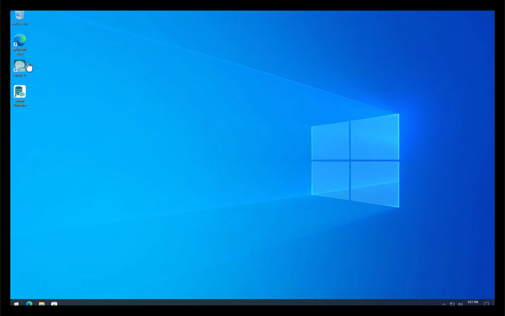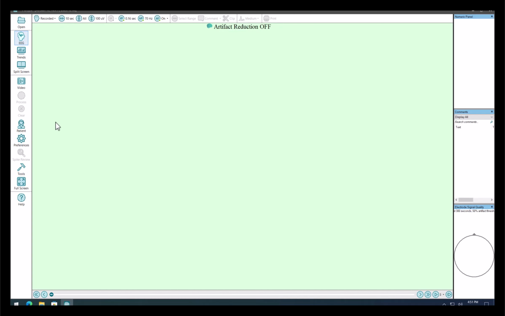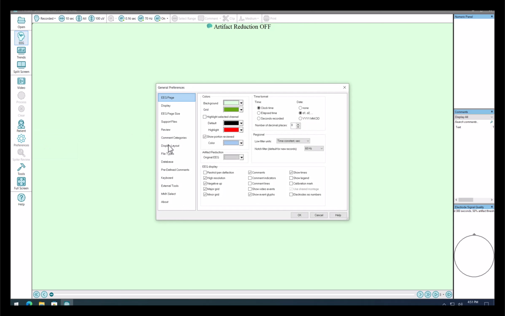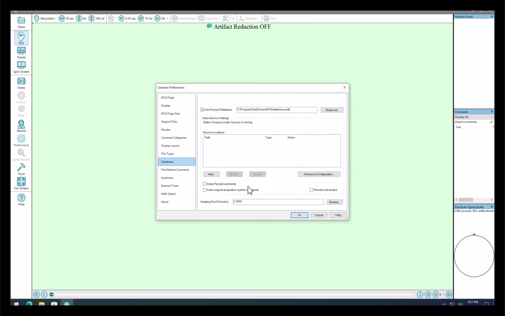I'm going to go ahead and launch Persyst 15. We're going to make some setting changes after we open a file to set up for this. One of them is we want to go to Preferences and General Preferences and click the Database tab. And here I've set an imaging directory root folder,